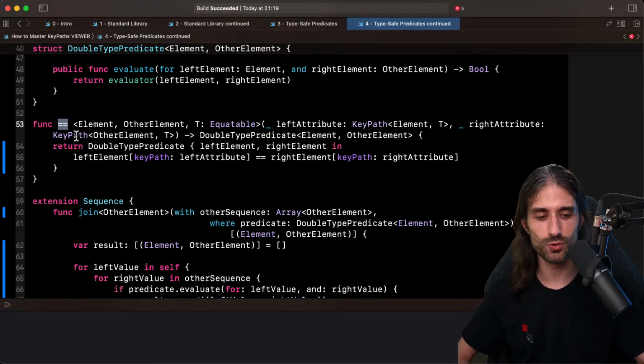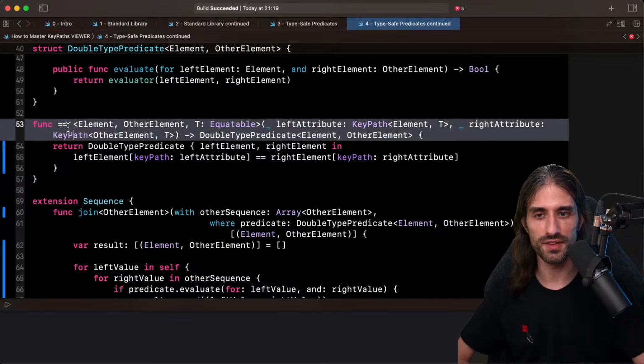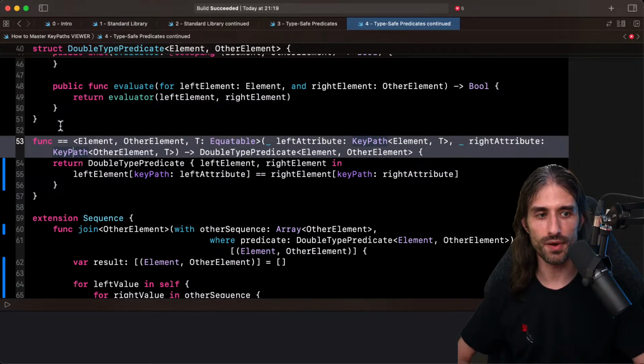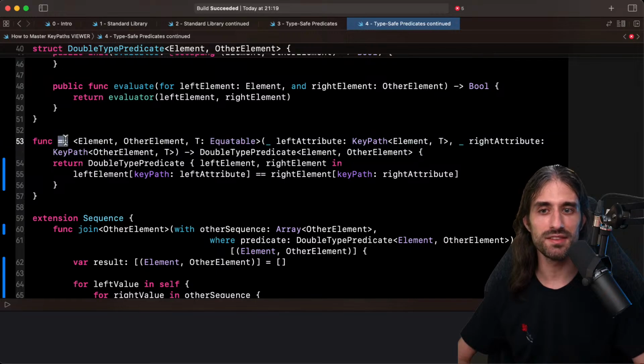In Swift there is a finite list of compositions of symbols that can be used as operators. Equal is one of them, and the way that you overload an operator is by implementing a function, and instead of the name of the function, you write the operator.